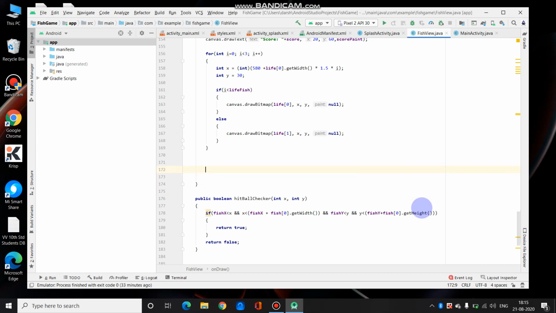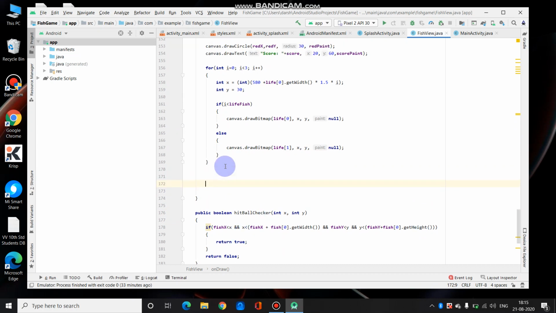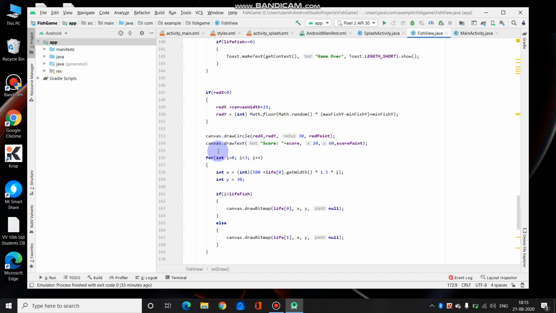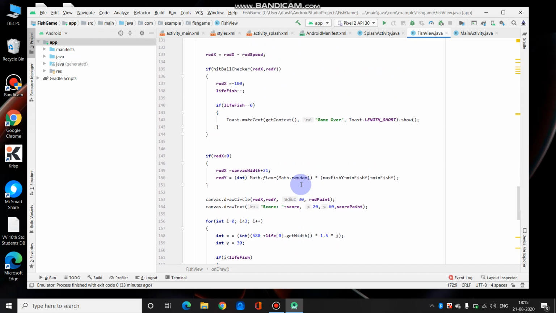I think we are done almost. What we did over here was, it is going to check the life fish counter, which should be minus minus. Initially we have set it to 3. First time it hits it becomes 2, then 1, then 0. Once it becomes 0 we have to display game over.